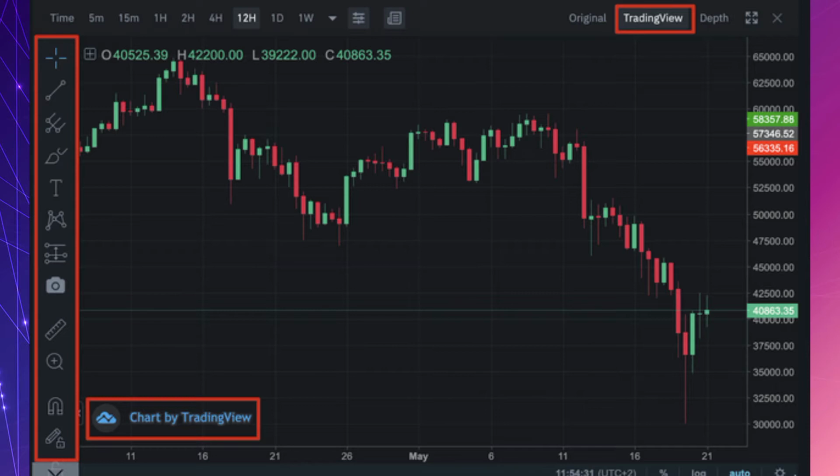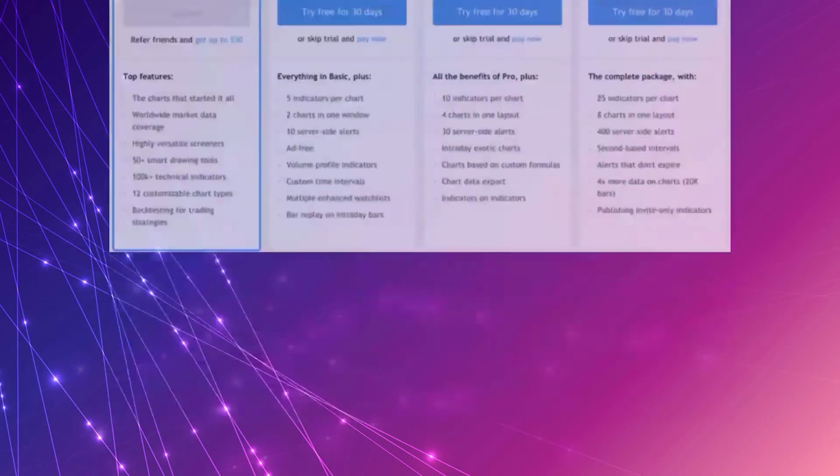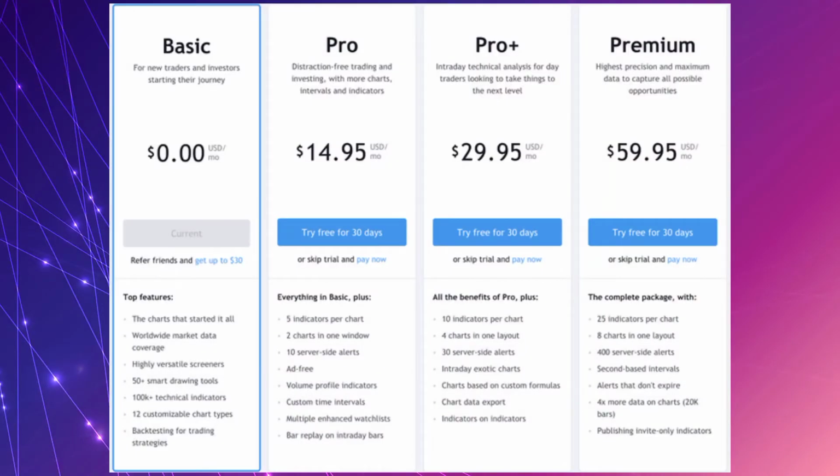Some of you are thinking, how expensive is TradingView? As we mentioned, TradingView is free for everyone to use. There are also paid subscriptions that increase the number of indicators and charts you can view simultaneously. For beginners, a free account with one chart and 3 indicators is a good start. You can see more details on the differences in packages on your screen.